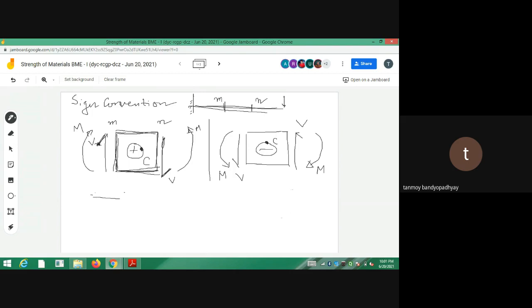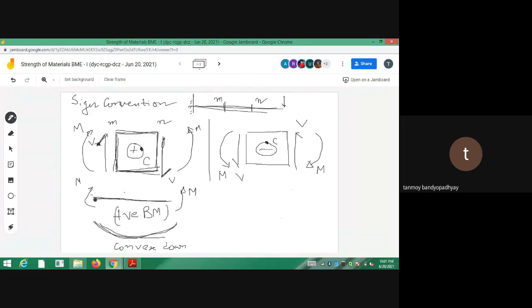Why? Because you have the length of the beam, suppose this is Mn length. This Mn length of the beam is subjected to twisting moments, like this and this. How will the beam bend? The beam will bend like this. If the beam bends like this, you have convex downwards or concave upwards. Whenever you have a convex downward, that set of moments we call the positive bending moment. So this is a positive BM, and in some books they call it the sagging moment.